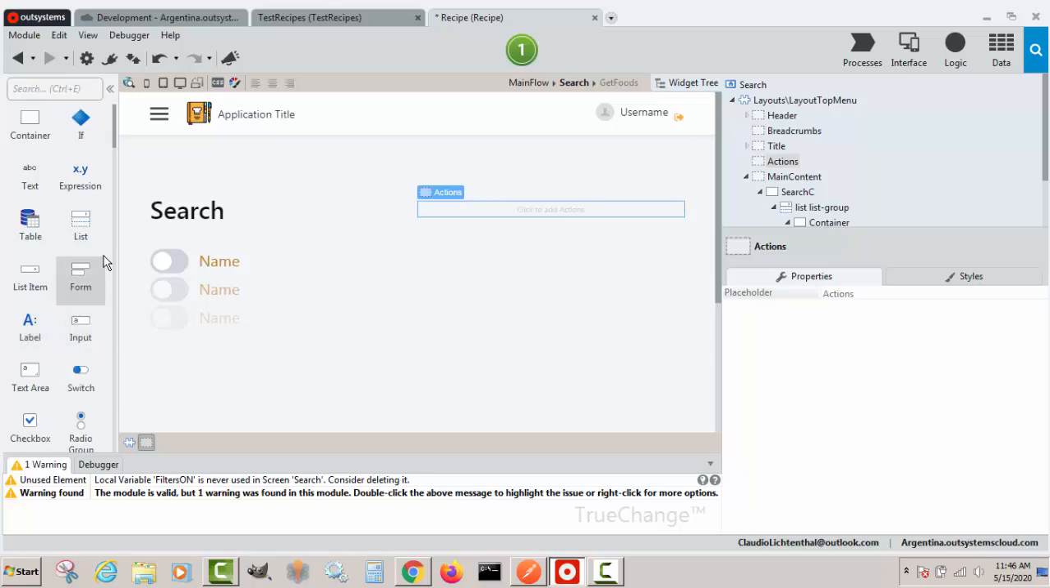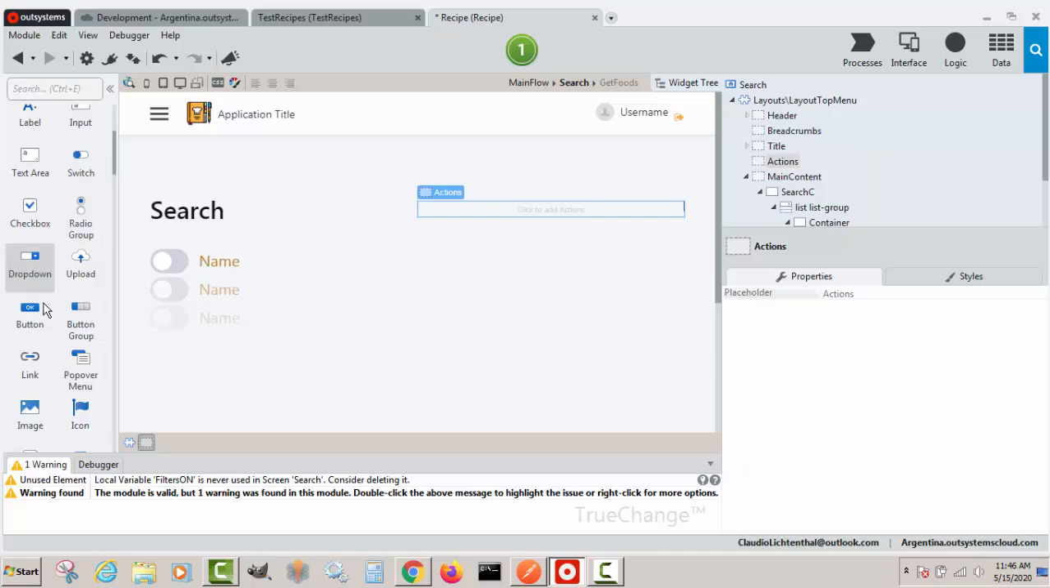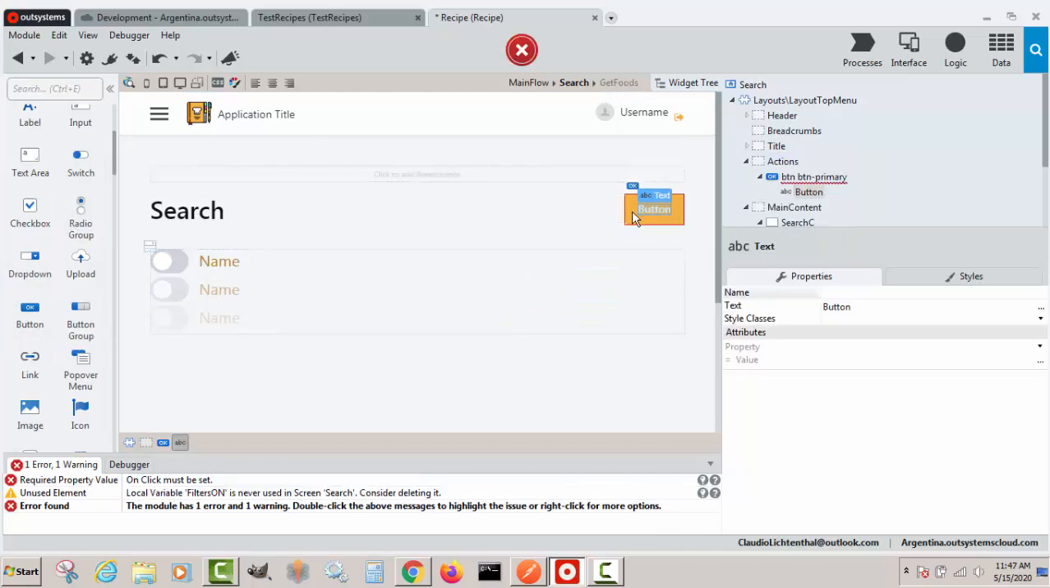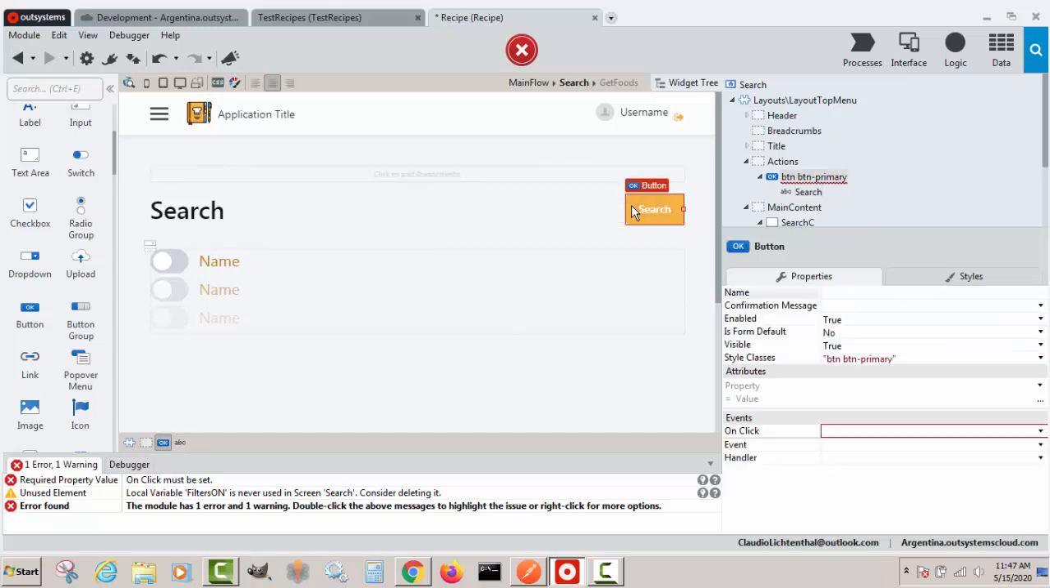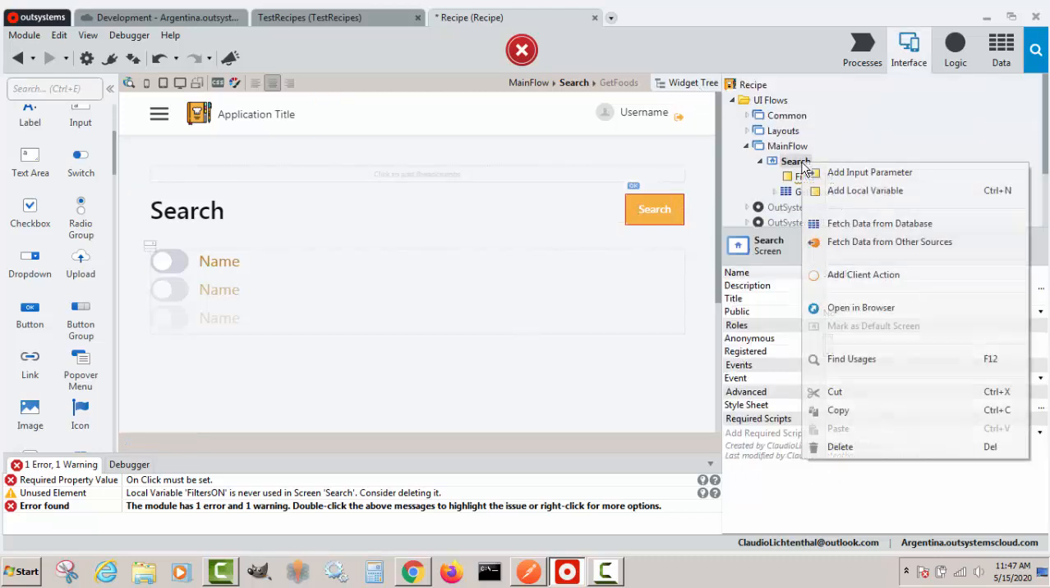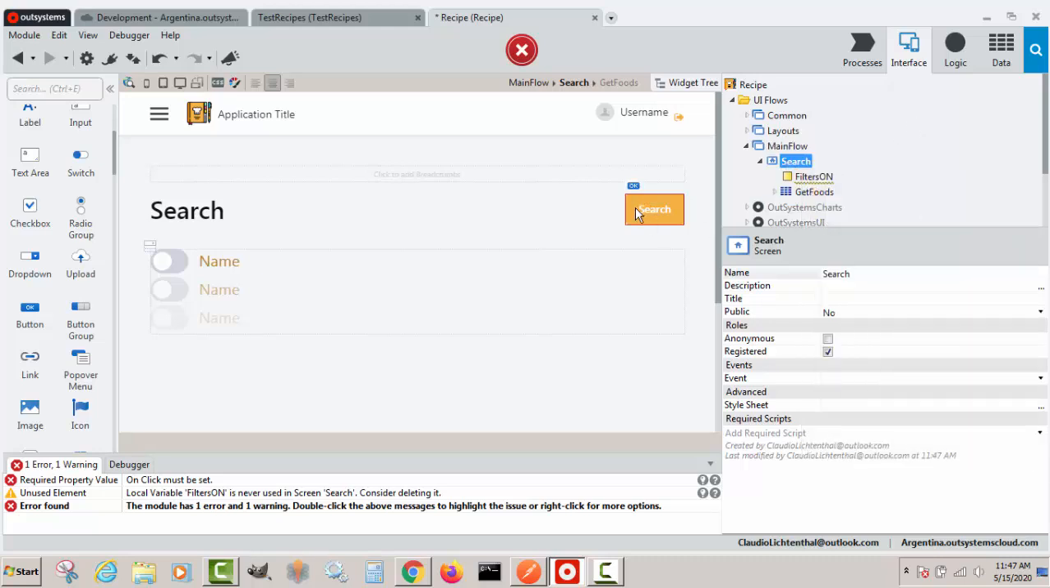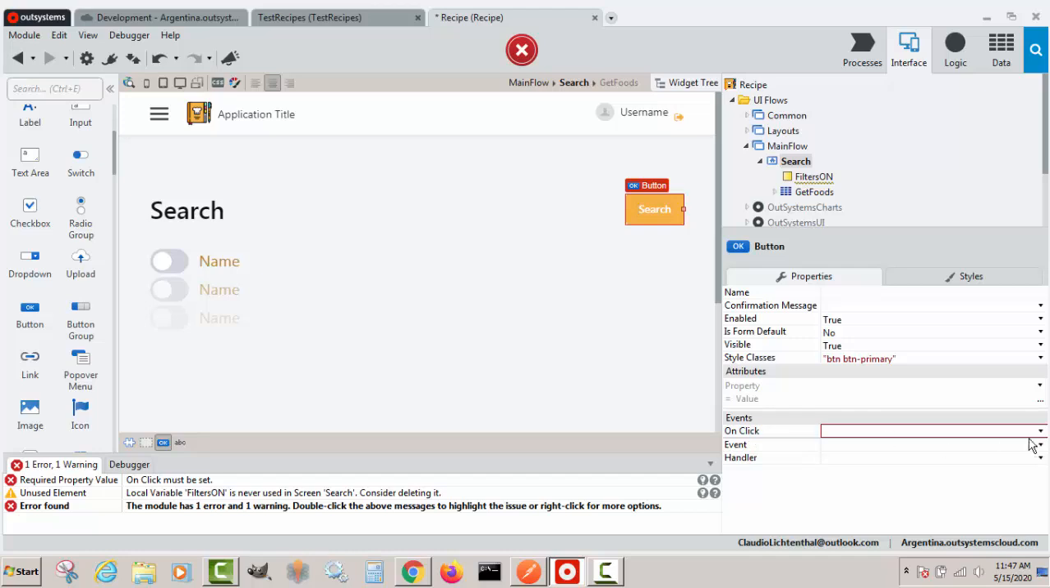Many ways of doing this. Let's look for a button. I grab a button. I drop it in here. The button, the text will be search, and this button is complaining that it doesn't know where to go. Different ways that I can create actions. I can right click here and create actions, or I can just, in this error on the on click,